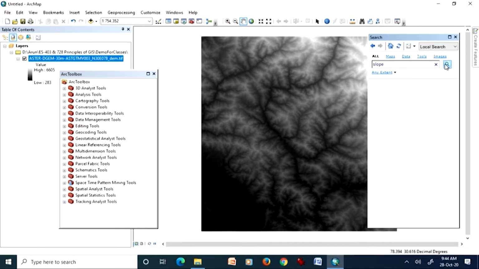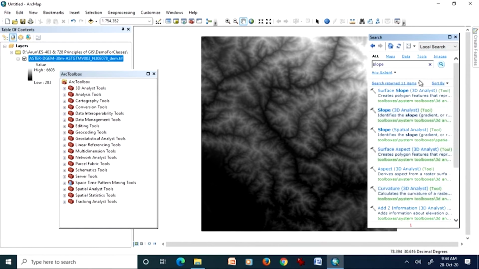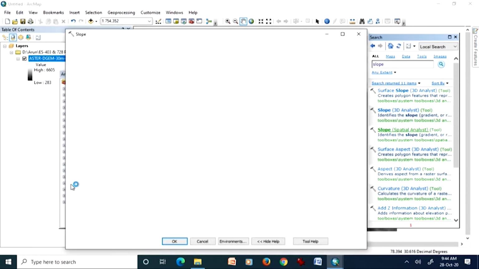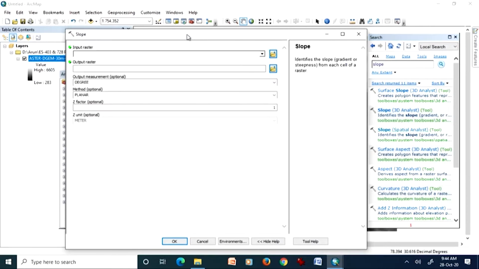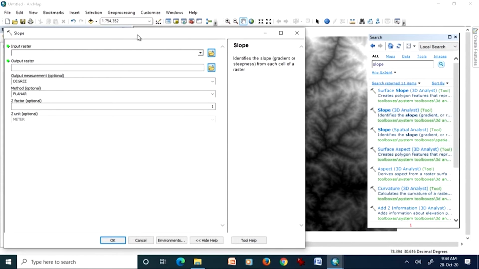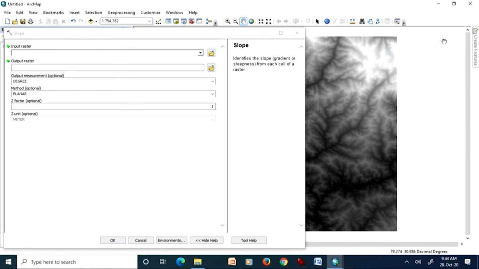So if I just type slope, I get the slope tool at different places. I will use the slope tool which is a part of the Spatial Analyst extension. This tool I find most appropriate, and the same way I can also do it from the toolbar, but that is a different story. And now